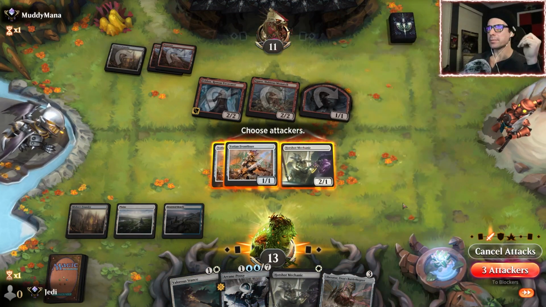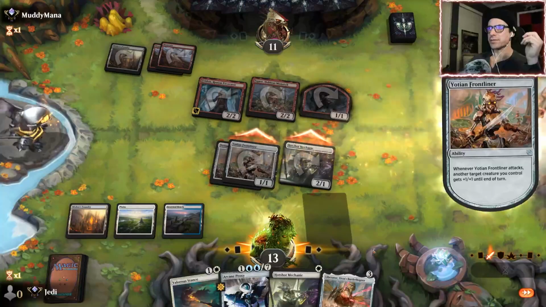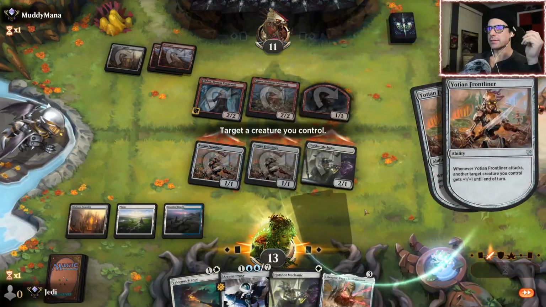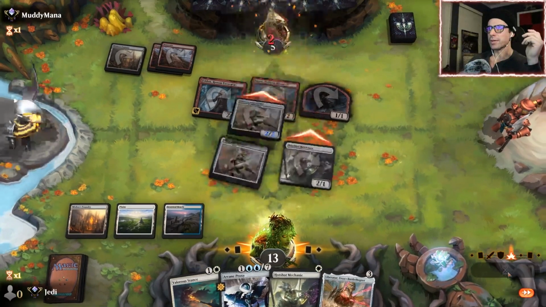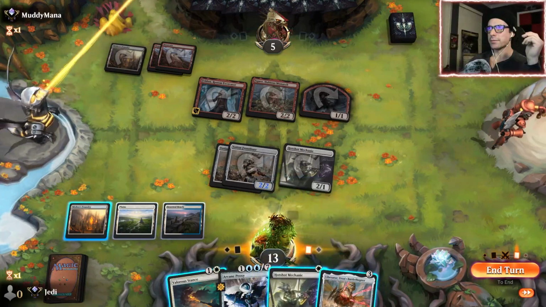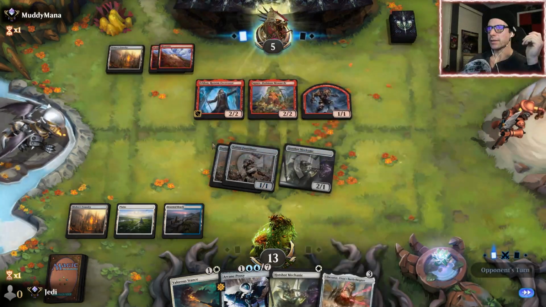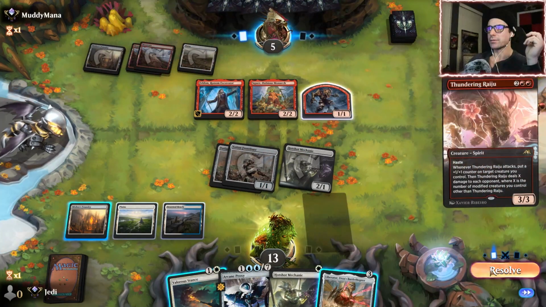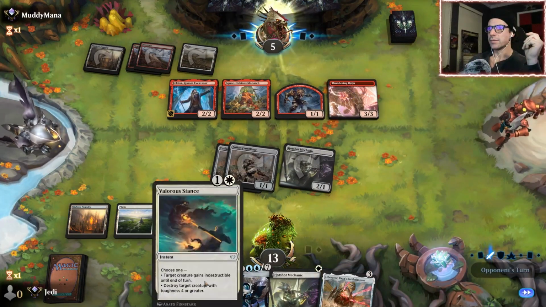Leave the mechanic back to block Squee and get him for 6. I think we just get him for 6 here. I mean, it's a little awkward because I would have liked to get in the extra damage this turn, right? But I think that's okay. We're going to take 5 here. Thundering Raiju. Okay, depending on where they put the counter, we may...